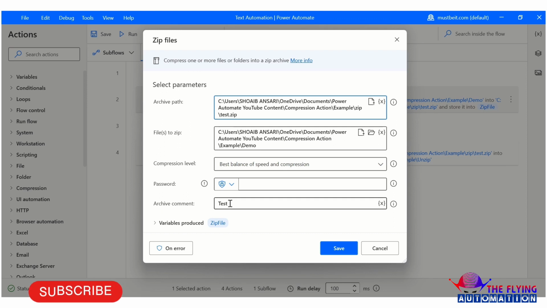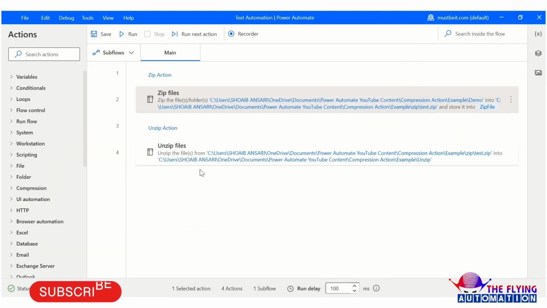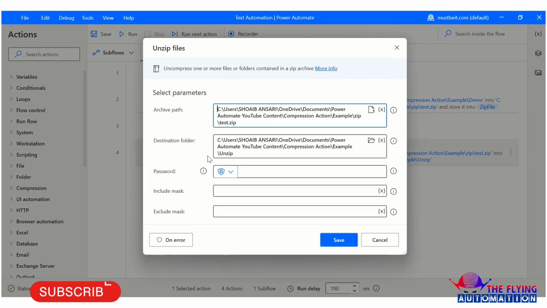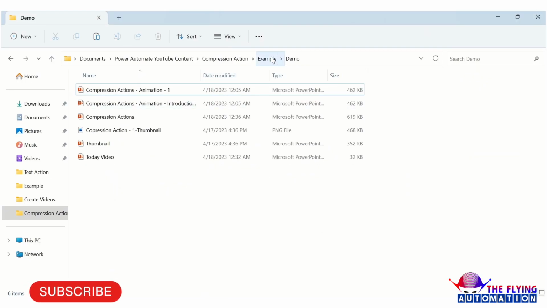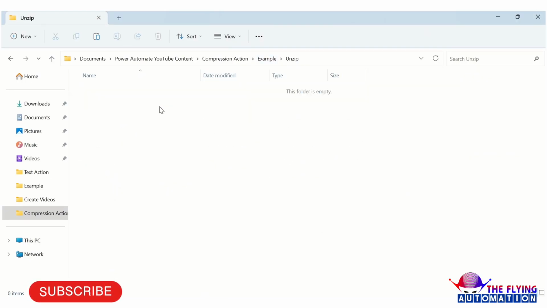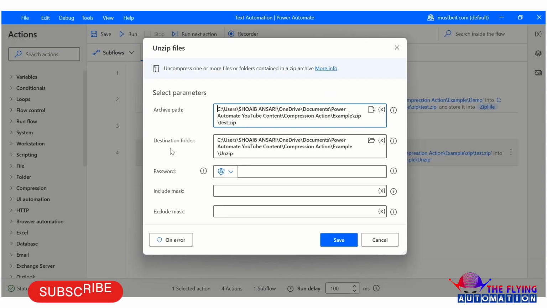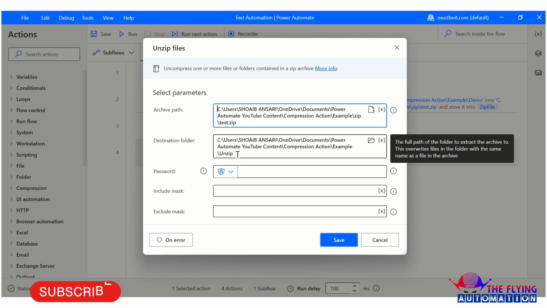In Archive comment, I have mentioned test. After this, in the Unzip files action, I have mentioned this path in Archive path, the path of the zip file. In Destination folder, I am mentioning this one.